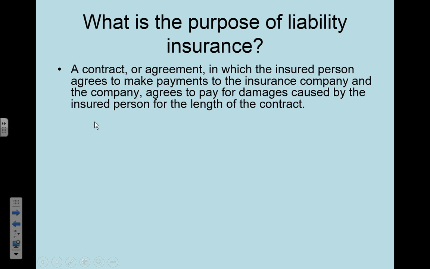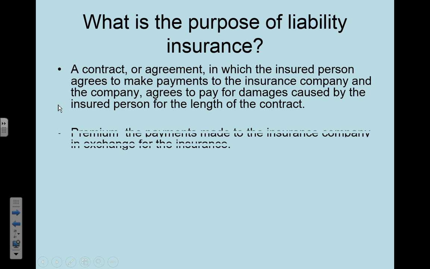And there's lots of types of liability insurance, and we'll get into a couple of examples here in a second. The amount of money that the person who is being insured pays is called a premium, and you pay that premium to the insurance company. And you pay that premium for basically your liability insurance, and again, if you do something that injures or harms somebody else, that insurance company will pay for that damage rather than you being sued.